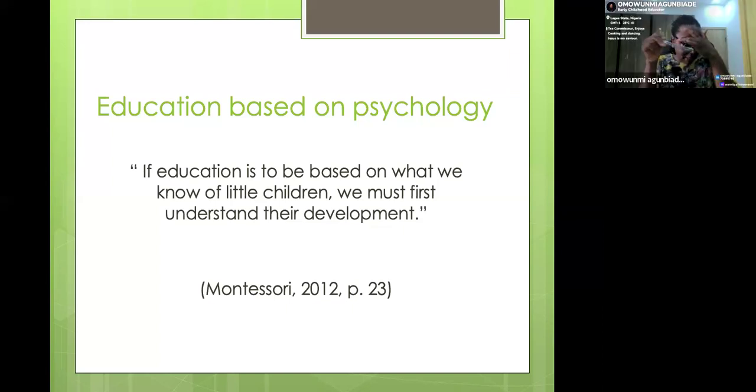it is one tiny pencil like this. I don't know if you are seeing my hand. You are seeing it. It's one tiny pencil, and then we force the child, and the child will hold the pencil and he's doing like this. That's how the child will grow up with the wrist already deformed. That child can never have good handwriting because the motor skill is already disrupted. So it is important that we know about the different developmental stages so we can help the child's learning.